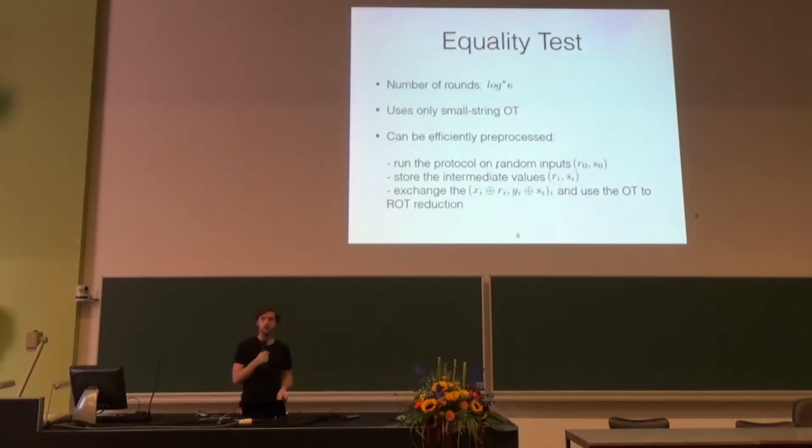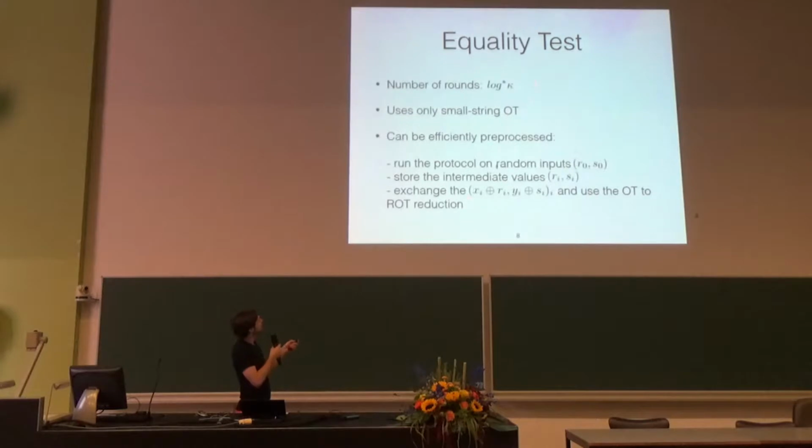Overall, this gives you a protocol with log-star L rounds, and this can be upper bounded by log-star of kappa, where kappa is a security parameter. Because if the inputs are longer than the security parameter, we can let the parties first hash their inputs, preserving the equality between their inputs except with statistically negligible probability, and shrinking the size to security parameter a bit